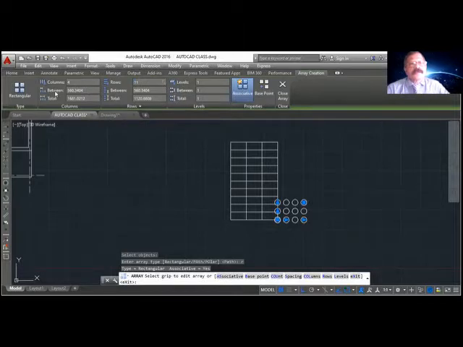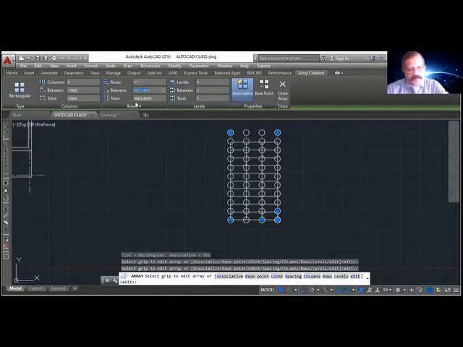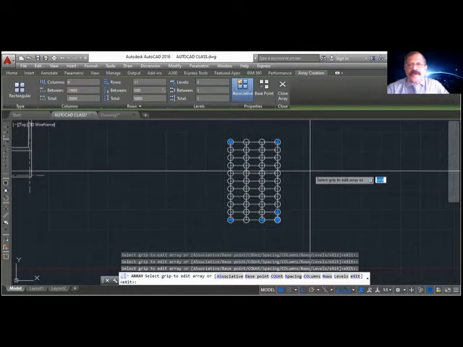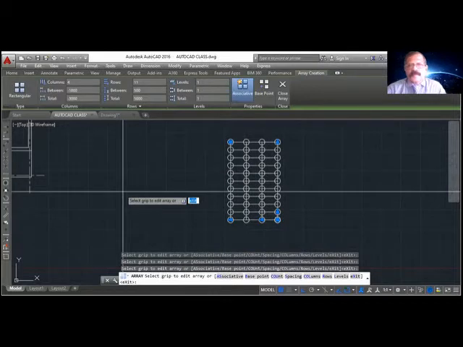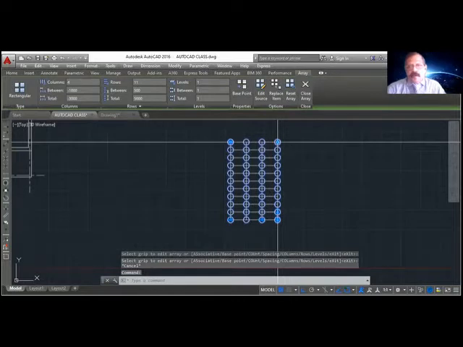So this is minus 1000. And this is 500. So since the associate button is on, you get a single piece. Okay. So how will you make it individual now?